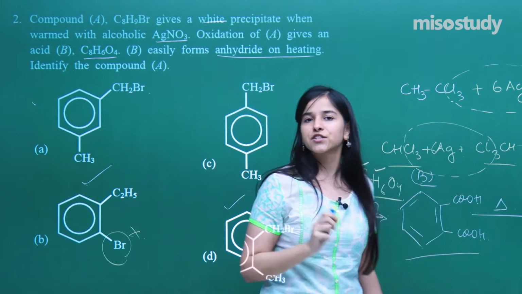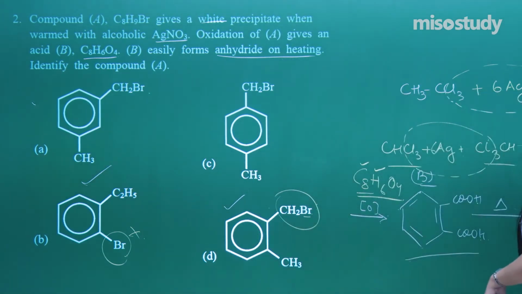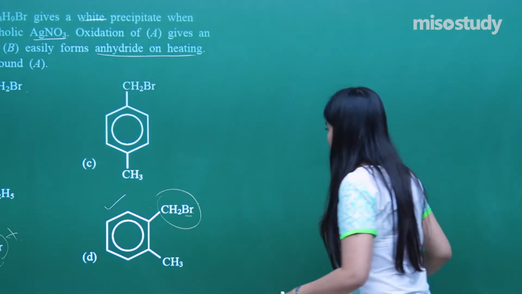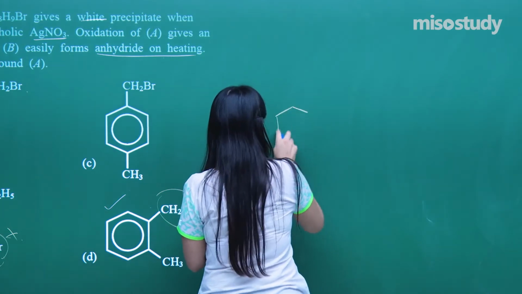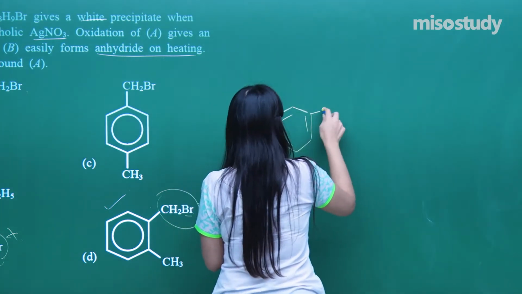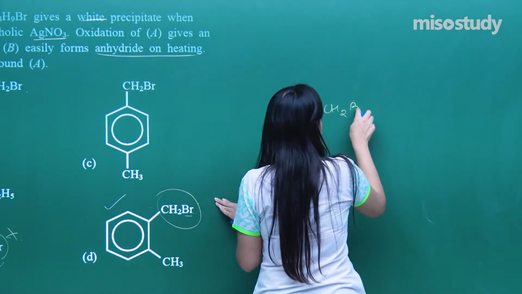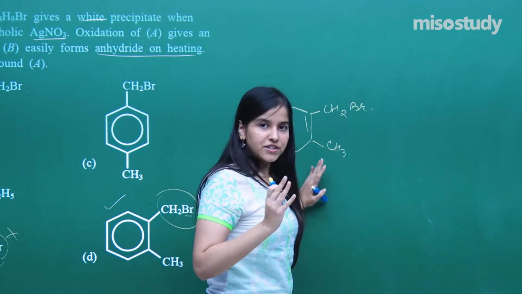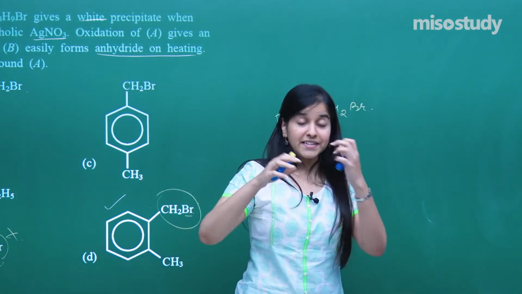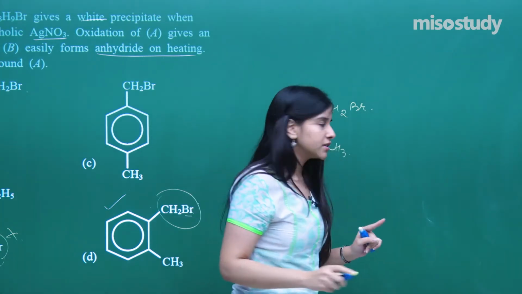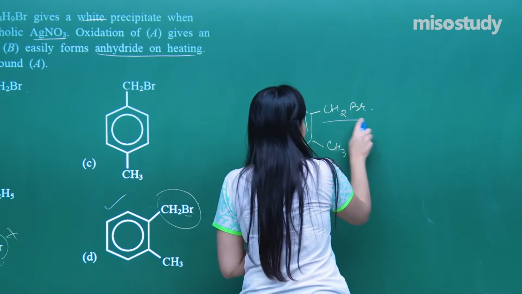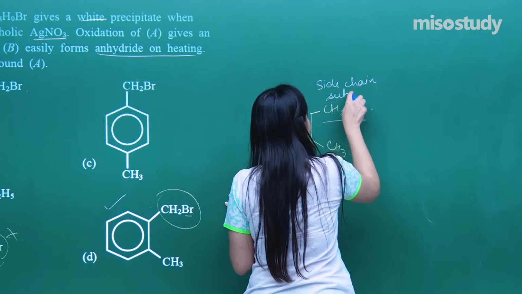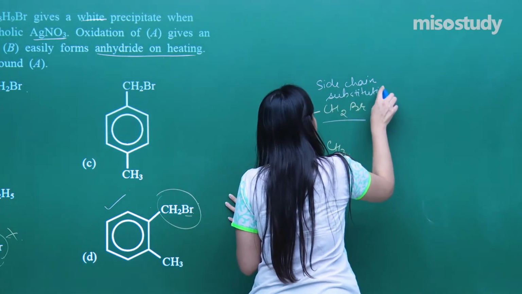So let us just have the reaction. What kind of products will be getting formed over here? So I am just rubbing this off. So the product will be here in this case. I need side chain substitutions in order to have this reaction. Otherwise, a reaction with AgNO3 directly with the bromine which is directly attached with the benzene ring is not possible. So here I am choosing the side chain substitution. So I hope everybody is following me.